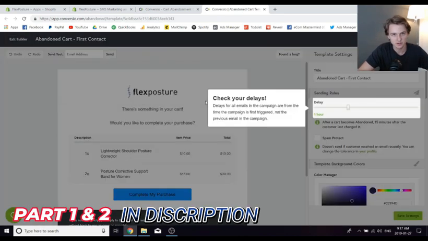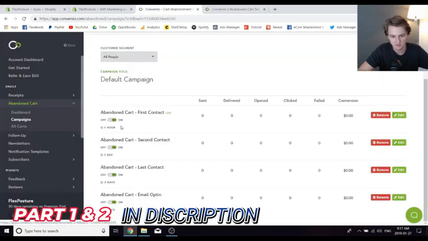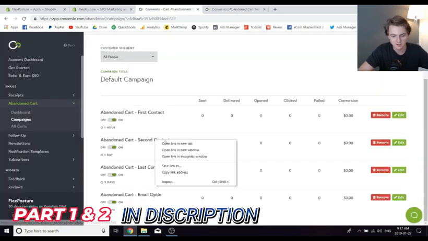They just ask you to upload your logo, and then they automatically make all these emails. And so, as you can see, the first one is just Flex Posture. There's something in your cart. Would you like to complete your purchase? And this is an hour after they abandoned the cart. Now the second contact,